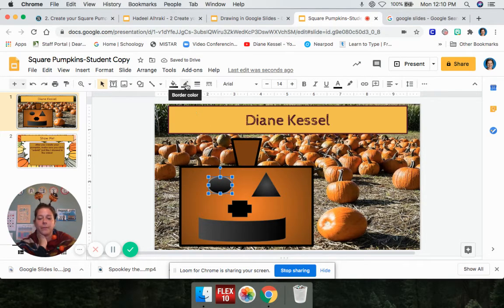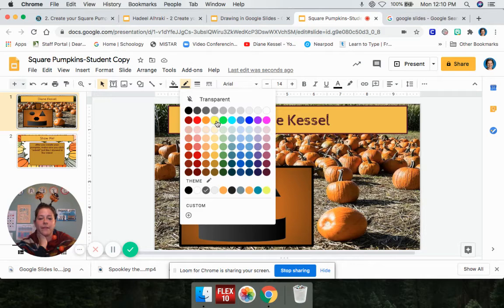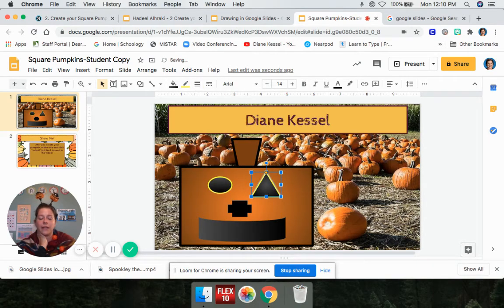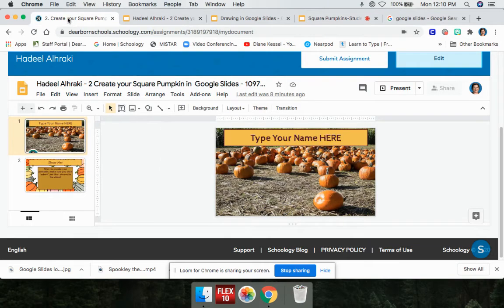Maybe my eyes and nose, I want them to have a yellow outline. That looks kind of nice. Okay, you can do it however you want, okay? So after you're done making your square pumpkin, you think it looks good, you're going to go back to